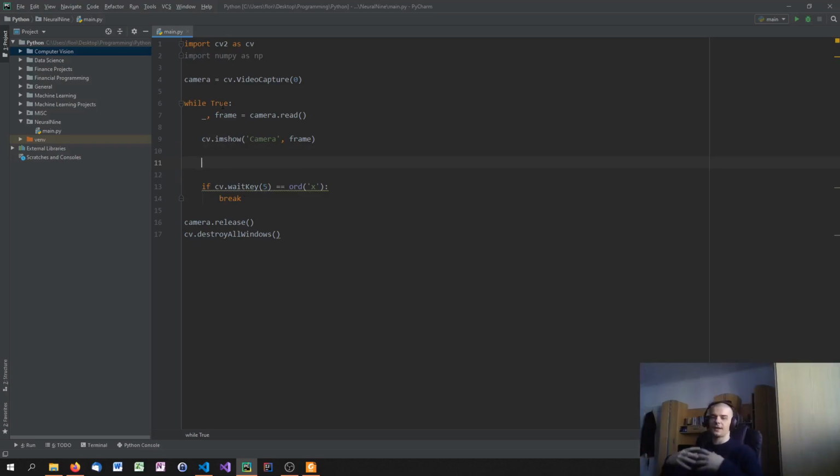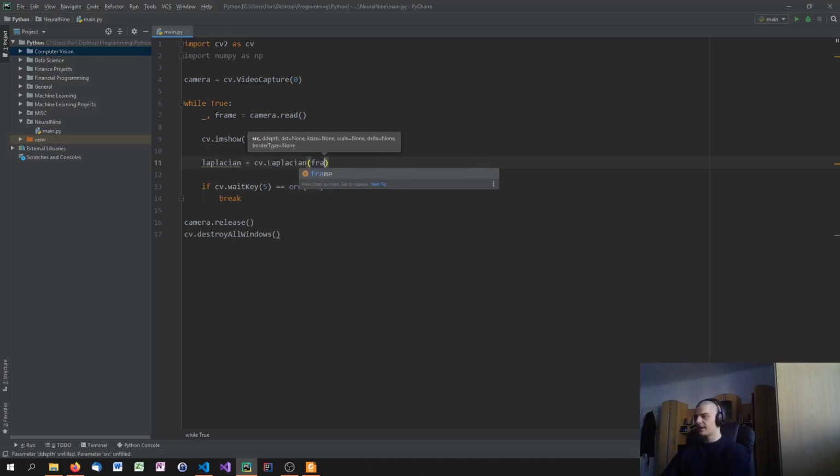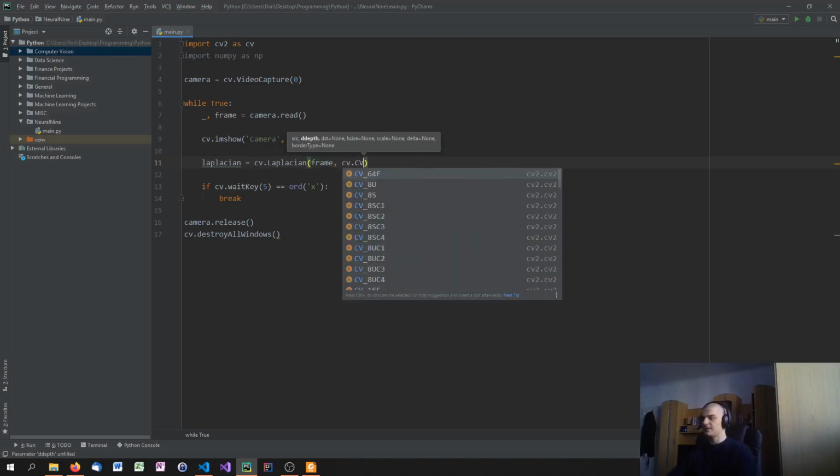And now we're going to define the Laplacian filter here. So we're going to say laplacian equals cv.Laplacian, and here we're going to just pass the frame. And we now need to specify the format that we want to have, and this is cv.CV_